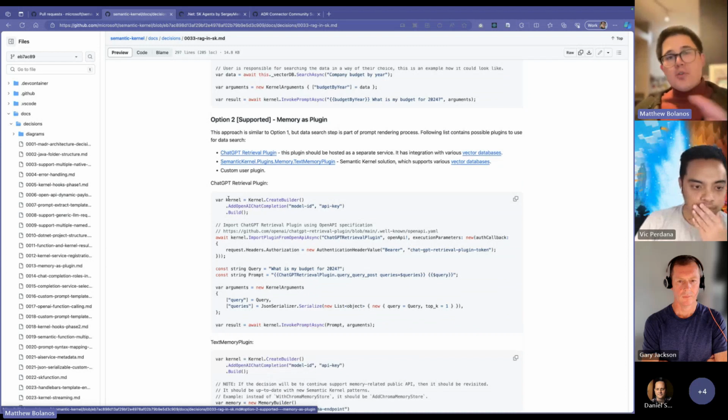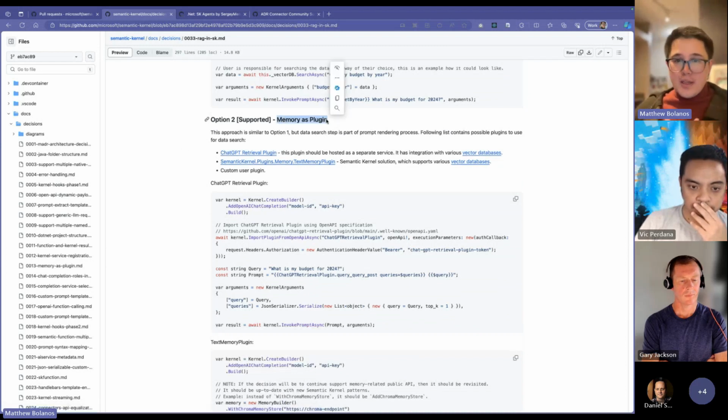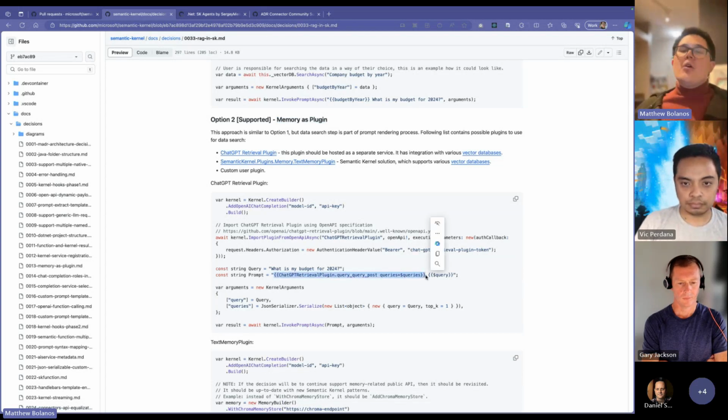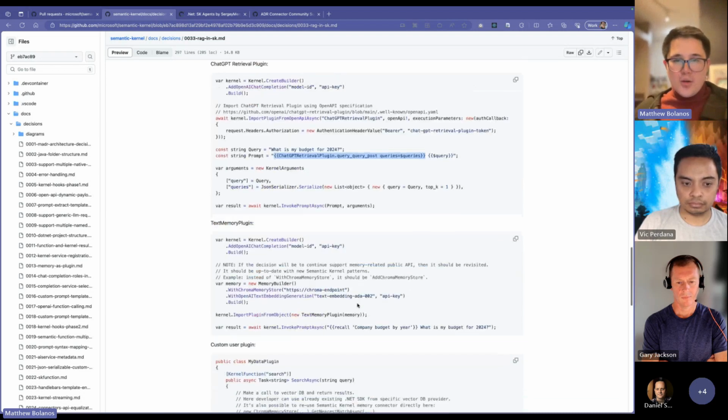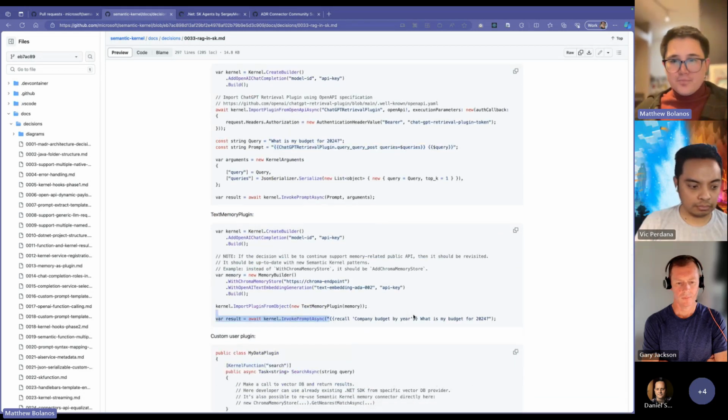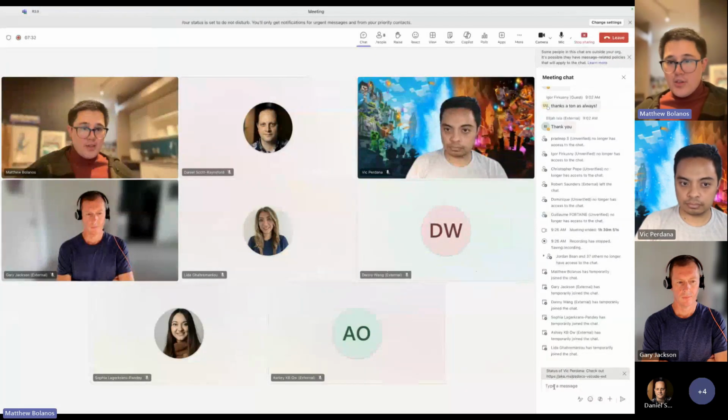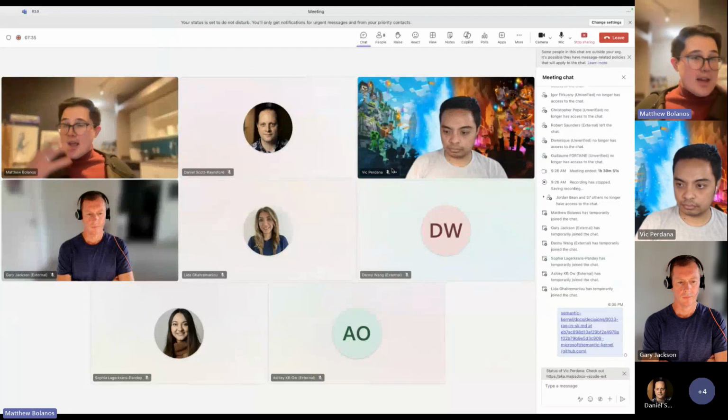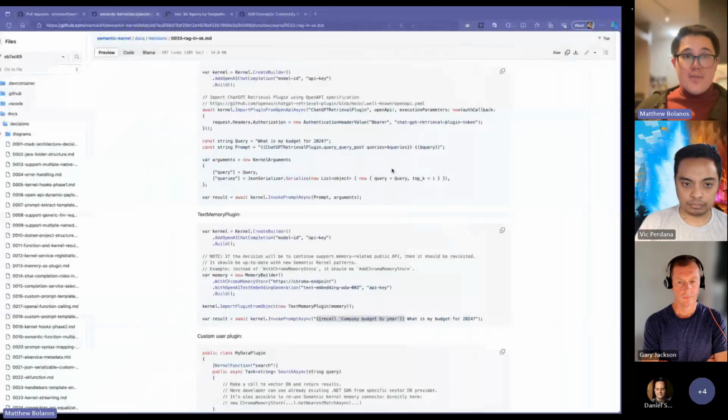What I'm currently pushing for, just so that this audience is aware, is option 2, which is memory as a plugin. Whenever you write a prompt, you can use something like handlebars or the vanilla semantic kernel template language to make those queries and inject the results inside of your prompt. That is available in our repo. I'll share the link to that, in case any of you want to provide feedback.